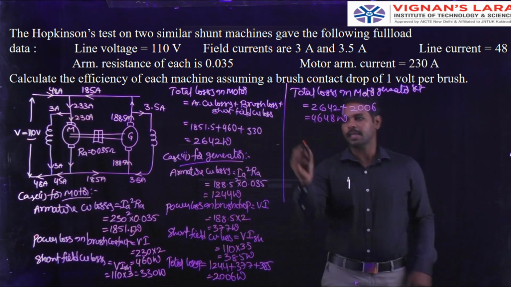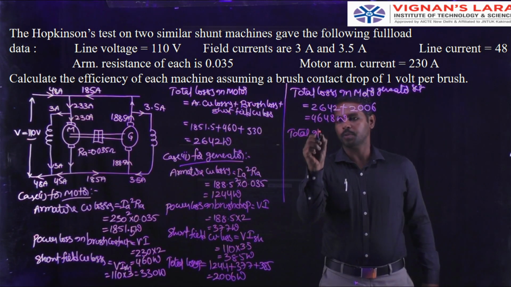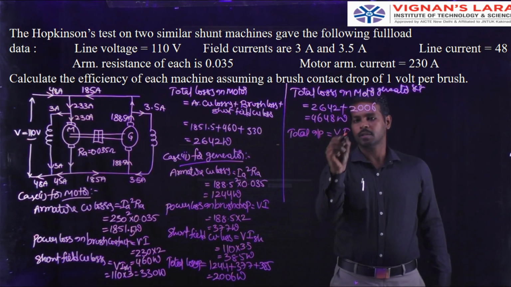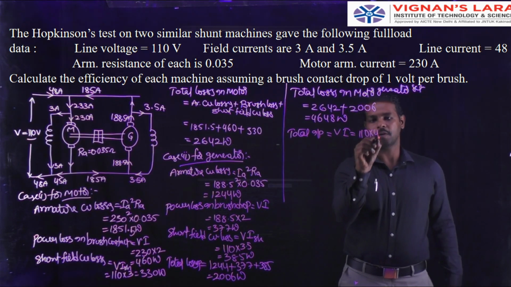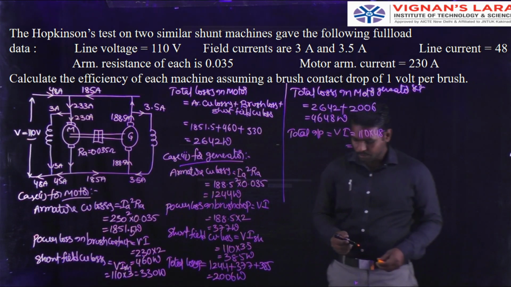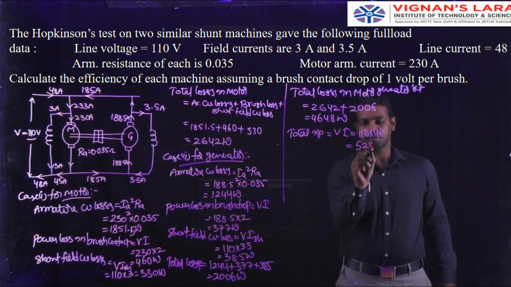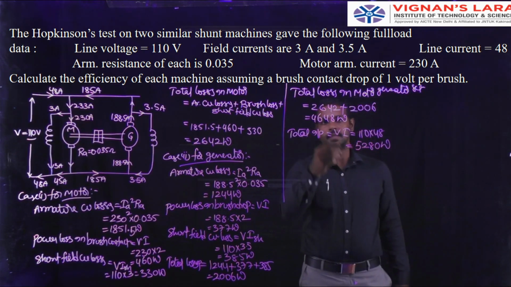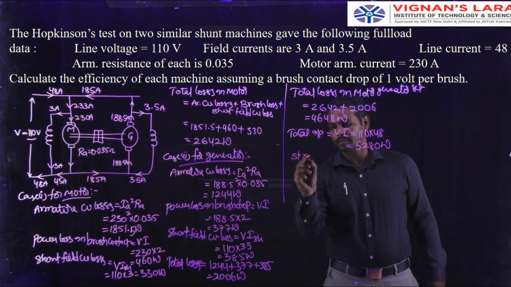So the second one is total input, which is equal to voltage into current. Voltage is equal to 110 multiplied with 48, so it is equal to 5280 watts. So the difference between these two, that means stray losses